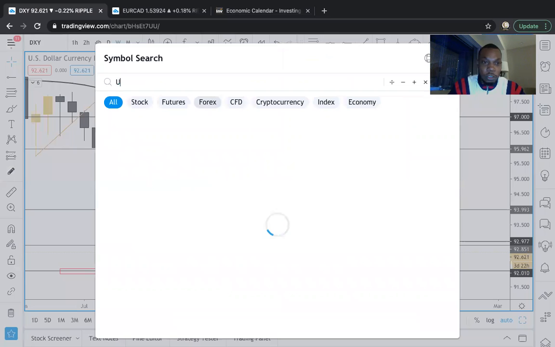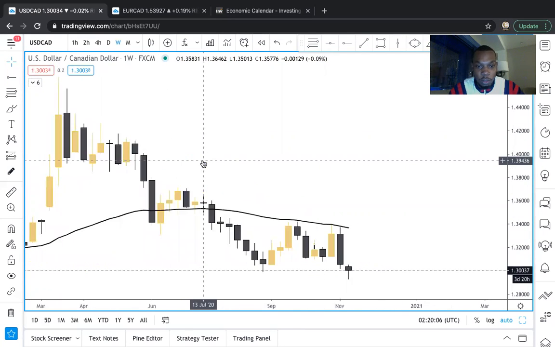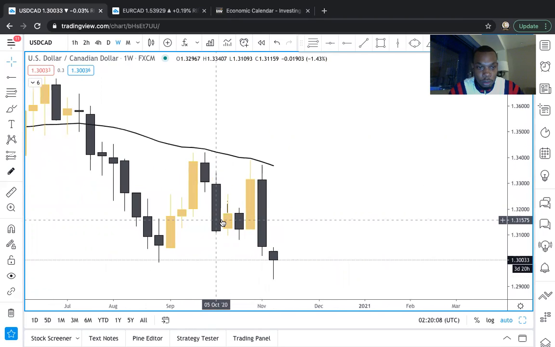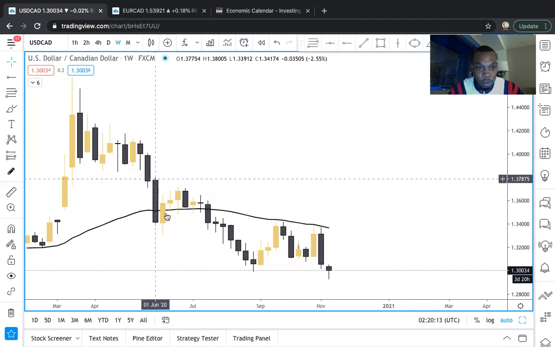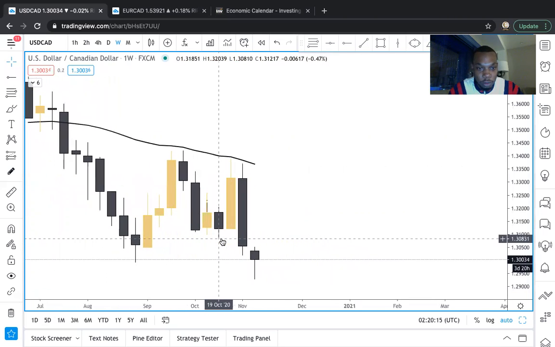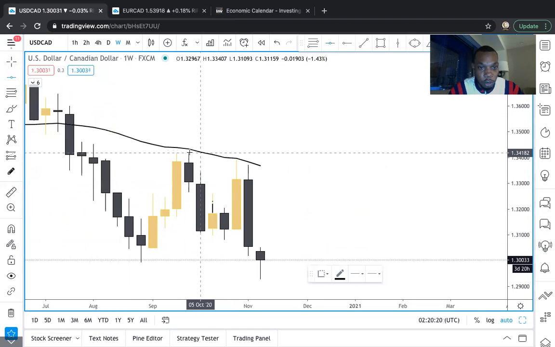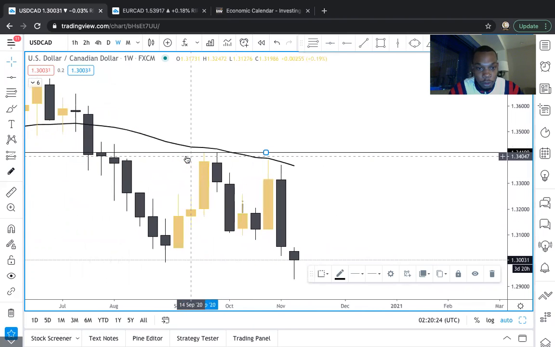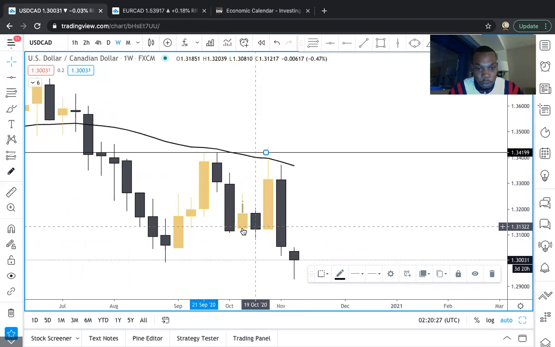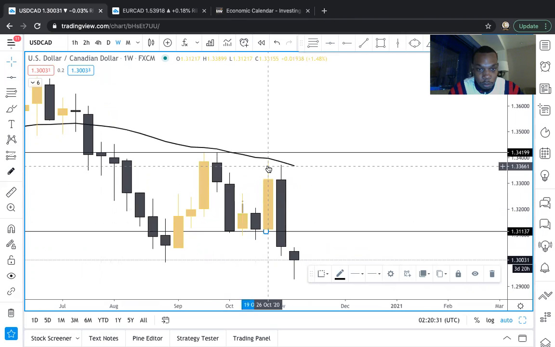All right, so USD CAD, looking at this on the weekly, the market continued its bearish momentum overall, moving in a downtrend. The market made highs around 134, a little bit over 134. Dropped, found support here, pushed back up, failed to break back above these highs on the daily time frame.